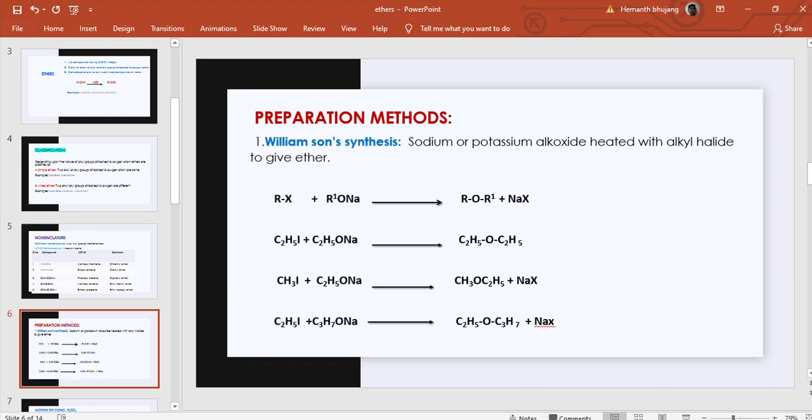If we heat ethyl iodide with sodium propoxide, then what happens? Here also sodium iodide is eliminated and then we get this ether again, which is a mixed ether. So this is about the Williamson synthesis. Once again I am telling you, if you remember this basic equation, that is RX plus R prime ONa, and heating is done, this gives RO R prime plus NaX. So if anyone asks you to prepare a simple ether or any mixed ether, then we can easily prepare whichever ether we want from Williamson synthesis. This is a very important reaction.